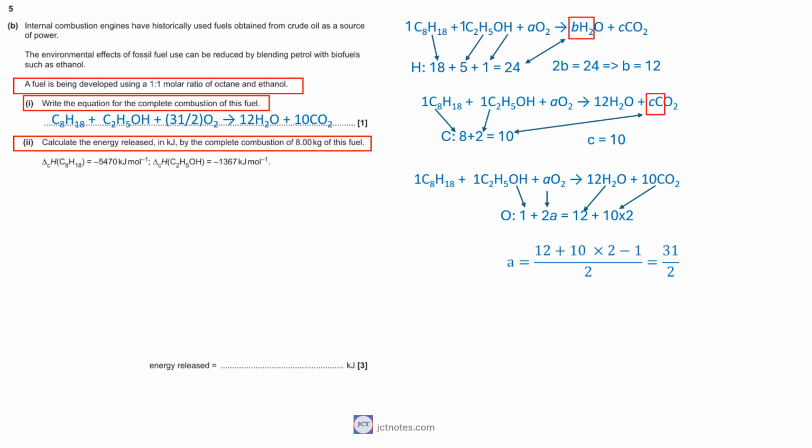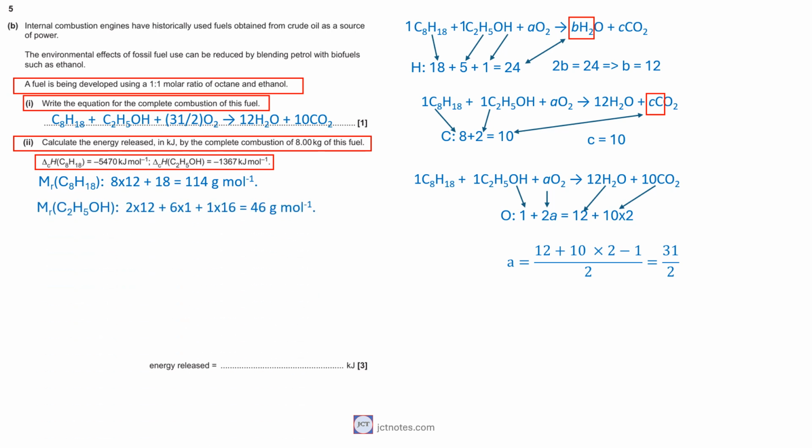We are given the combustion enthalpies of the octane and the ethanol. We start by calculating the molecular masses of the octane and the ethanol. For the octane, we have 8 times 12 plus 18 times 1 equals 114 grams per mole. For the ethanol, we have 2 times 12 plus 6 times 1 plus 1 times 16 equals 46 grams